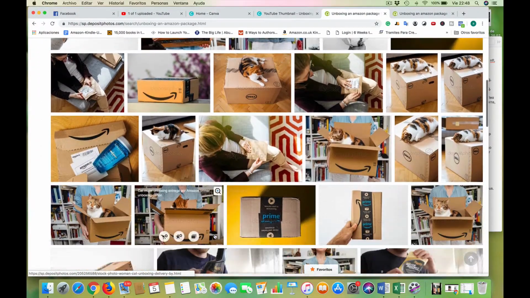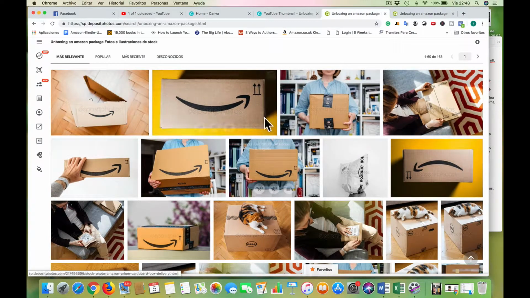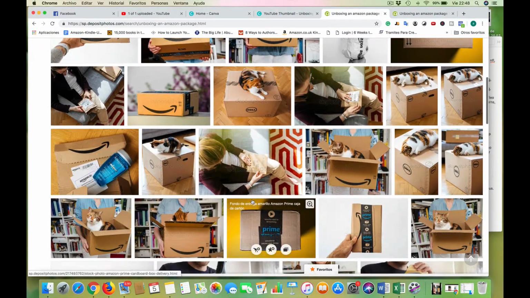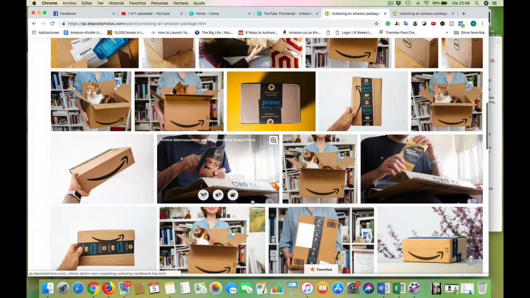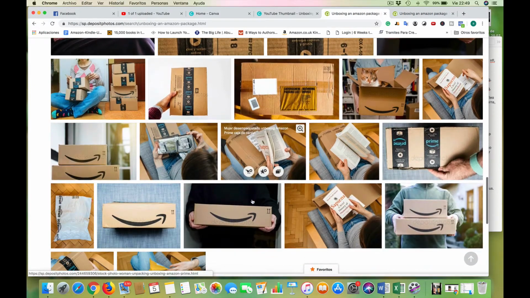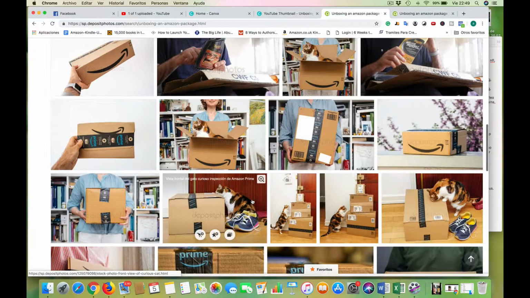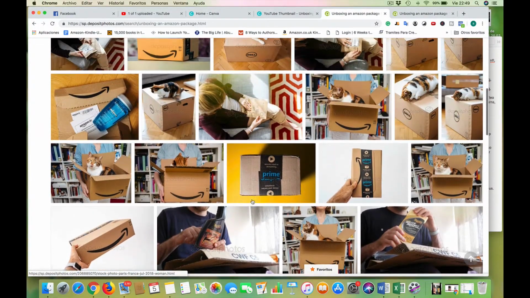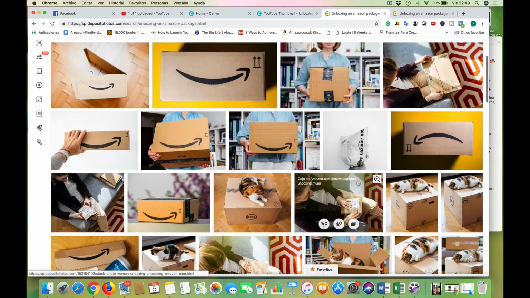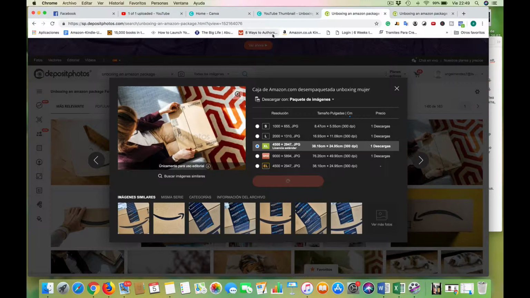Oh yeah, so I pay a membership to use this site, and then I get deals whenever they have them. So I pay like $1 per image, and if you just buy one without a membership, they're like $3 or $5. But if you get a membership and you buy like 100 of them, they give you a discount. So I paid $1 for mine. So I'm going to use this photo, download it,